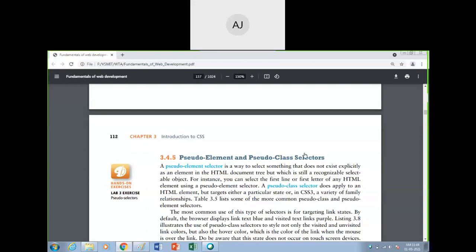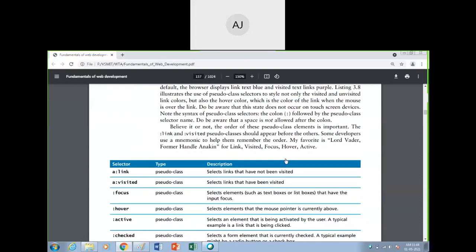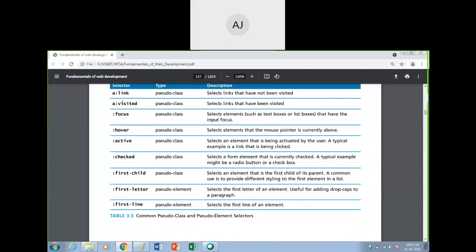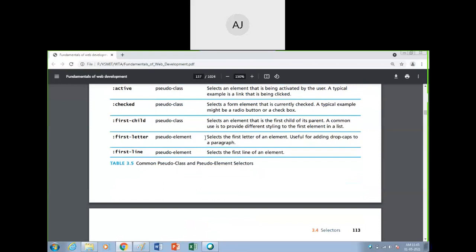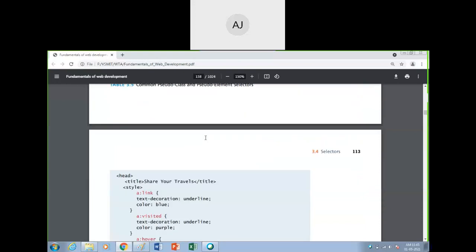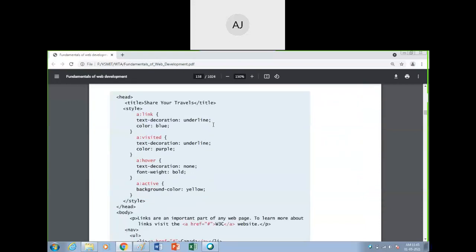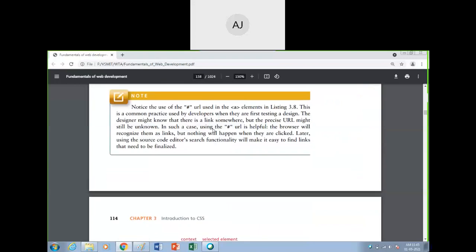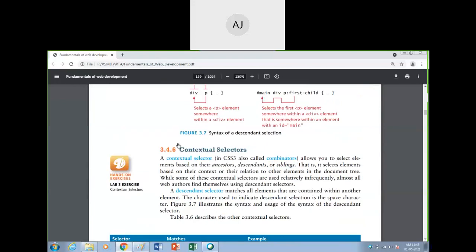I think you are aware of how to create the class and all, guys. Same thing, you have to create the classes in the CSS and just include those classes in the main program or in the body section. These are the things we have already seen yesterday, hover, active. We have seen this in detail with a working example, so I don't think there is a problem. Then next we have the last one, a hybrid, that is the contextual selector, the sixth type.